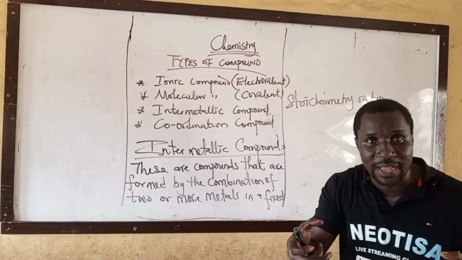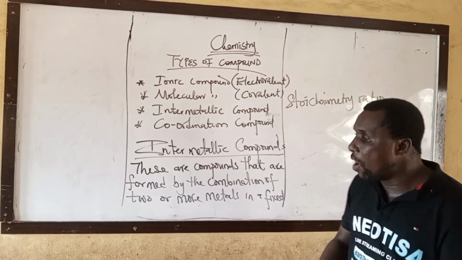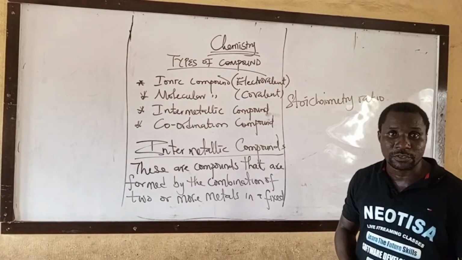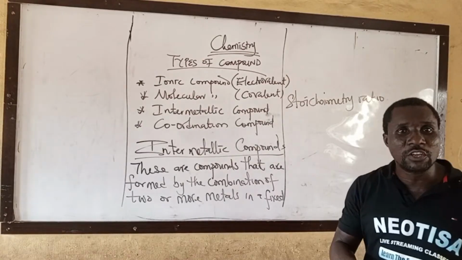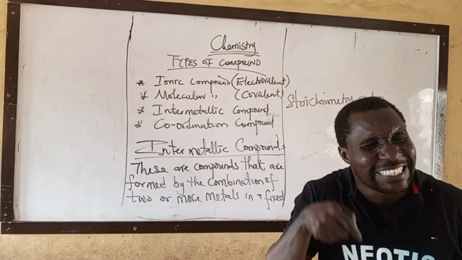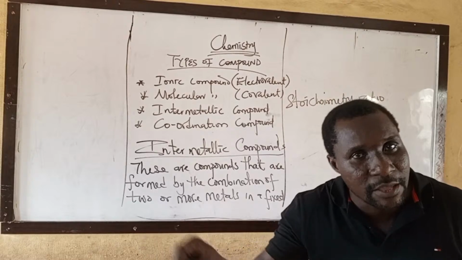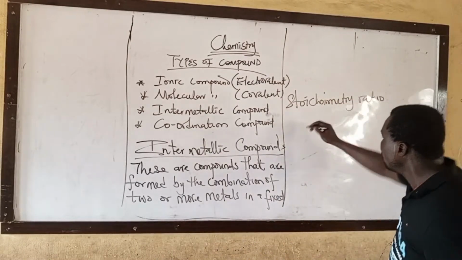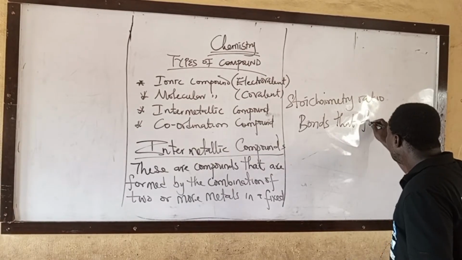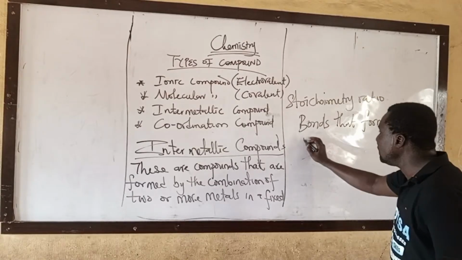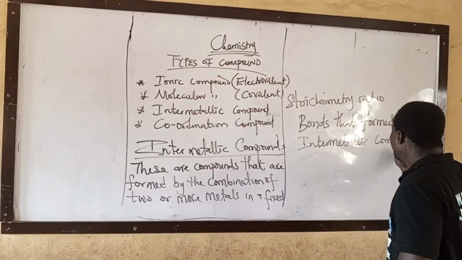When you have two or more metals coming together to form a compound, it's known as what? Intermetallic compound. And what kind of bond is in intermetallic compound? Most people will say it's metallic bond. Yes, you are right. But it's not only metallic bond that occurs in intermetallic compound. Other bonds also occur. Bonds formed in intermetallic compound: